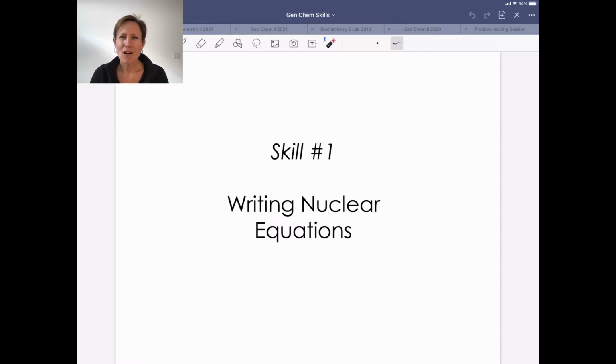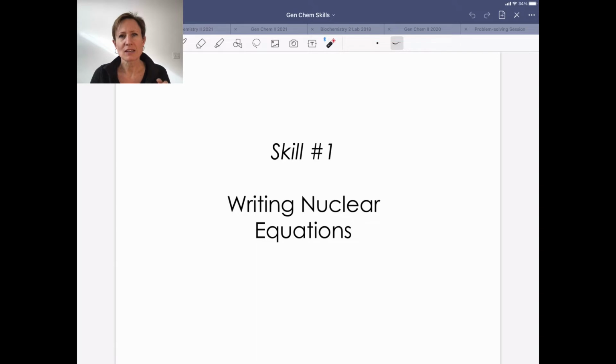So we're jumping all the way to the end of our textbook to cover, in 2 lectures, a unit on nuclear chemistry and nuclear reactions. So it's split basically into 2 different sections. The first is going to be on writing and balancing nuclear equations, and then the second is going to set